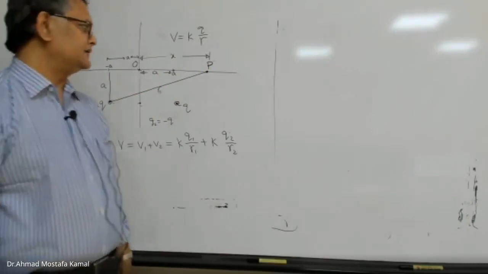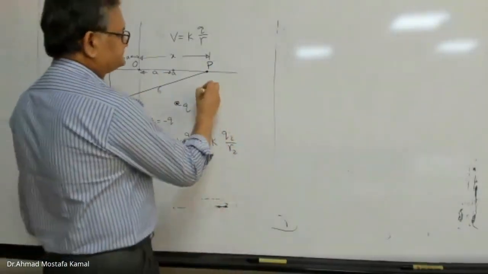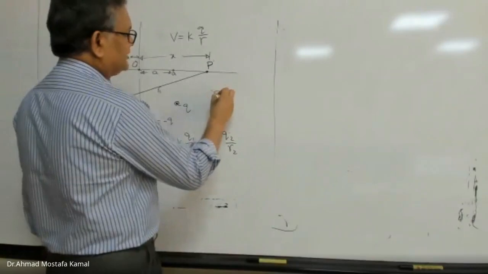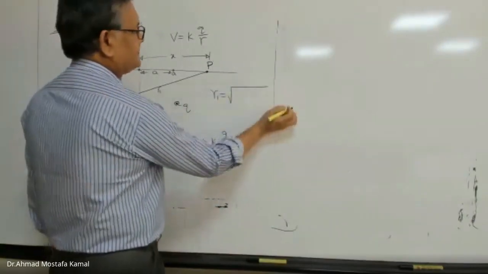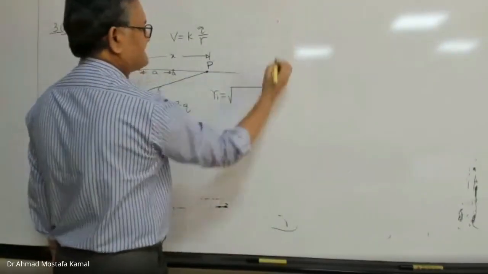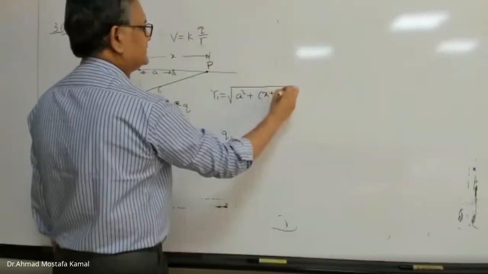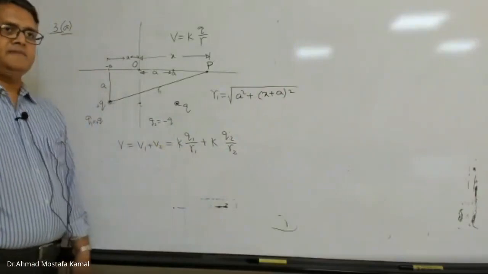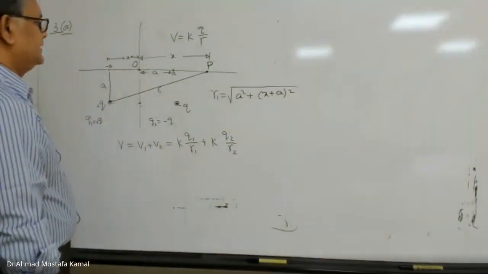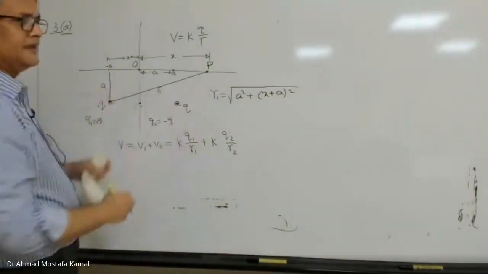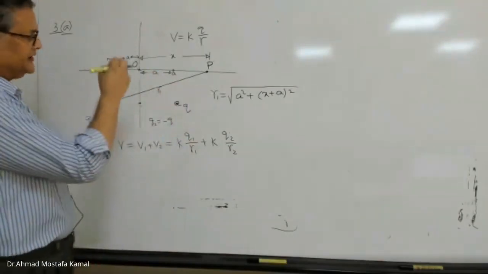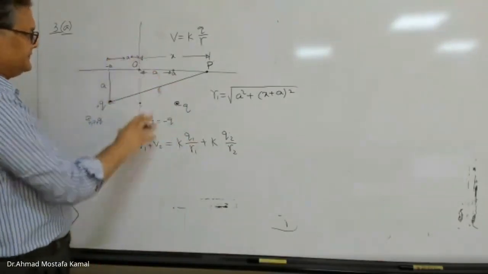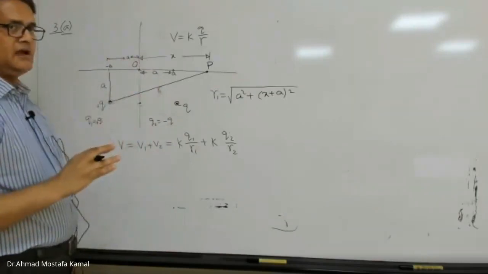তাহলে এইটা a আর এটা হচ্ছে x প্লাস a, তাহলে r1 কত? পিথাগোরাস চটপট বলে ফেলো, r1 কত? r1 equal to root over what? Sir, a square plus x plus a whole square. Good, you got it. So এই r1 পেয়ে গেলাম, we shall put the value of r1 here. Okay, fine. এখন দেখো মূল কাজ কিন্তু হয়ে গেল আমাদের। r1 টা কত? এটাই হচ্ছে বের করাটাই হচ্ছে এই প্রবলেমটার মূল কাজ।